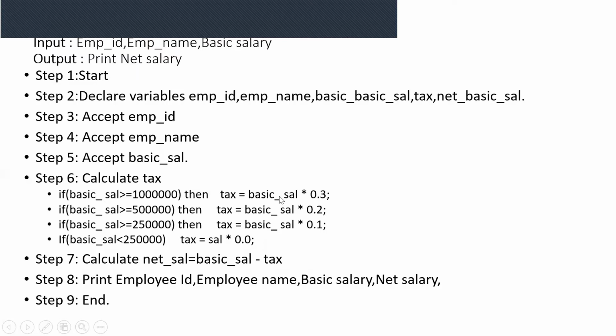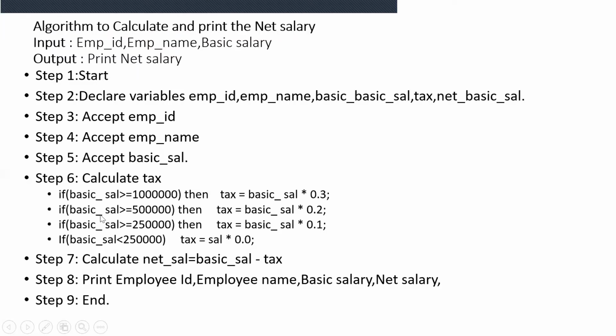Now, the second case, if basic salary is greater than or equal to 5 lakhs, then tax is calculated as 20% of basic salary. If basic salary is greater than or equal to 2.5 lakhs, then the tax is calculated as 10% of basic salary.